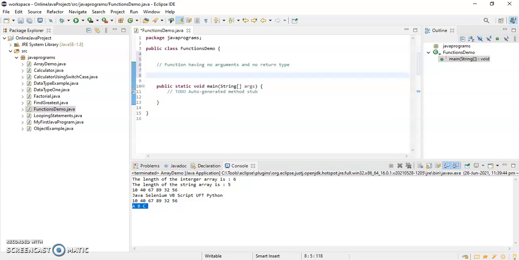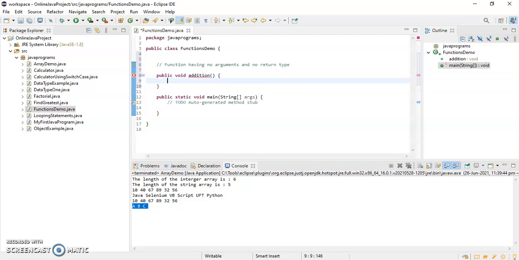So I'll create a method with no return type or void return type. So public void, say addition. So here I am creating a simple function which is having no argument and no return type.